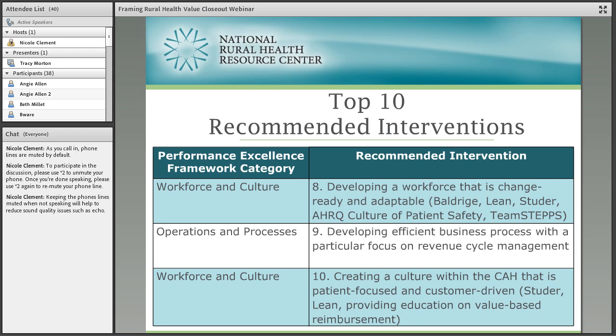Yes, so we have a pretty long history of supporting Lean for our CAHs, and we've done that in partnership with the North Carolina Hospital Association. So this work precedes me. I've been on with the Flex program for about 1.5 years, but this goes back at least 6 or 7 years, I believe. Currently, we have 5 CAHs participating in 2 different Lean learning collaboratives. One of the cohorts receives Lean coaching from a university, and the other cohort of CAHs receives Lean coaching from a consulting firm that we utilize.